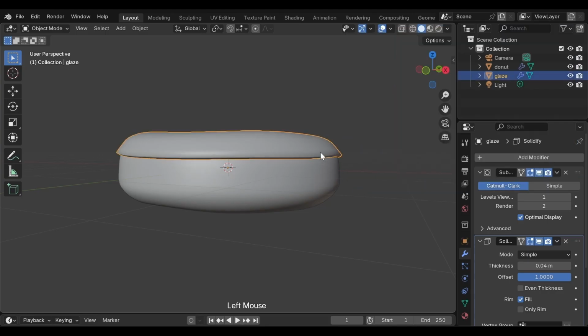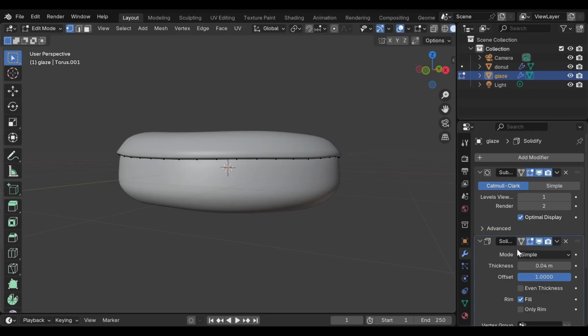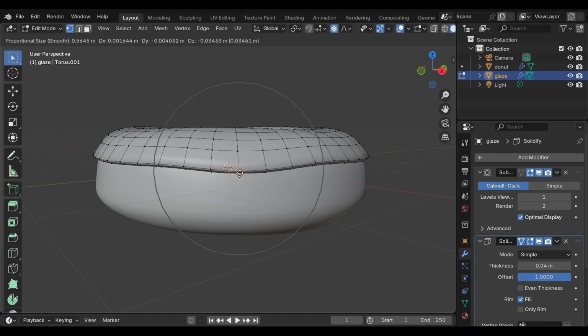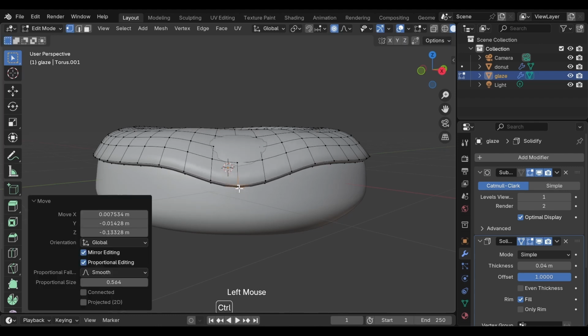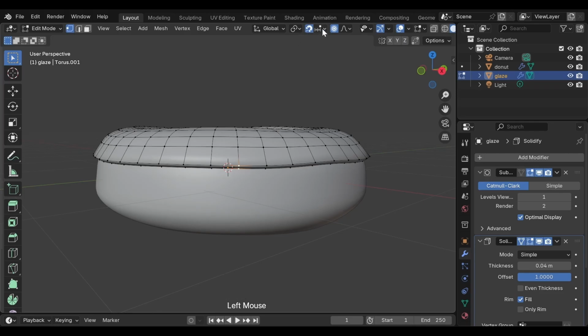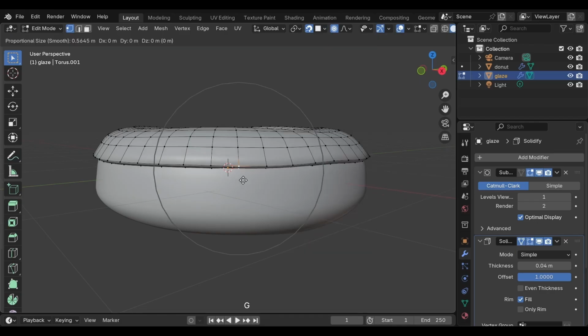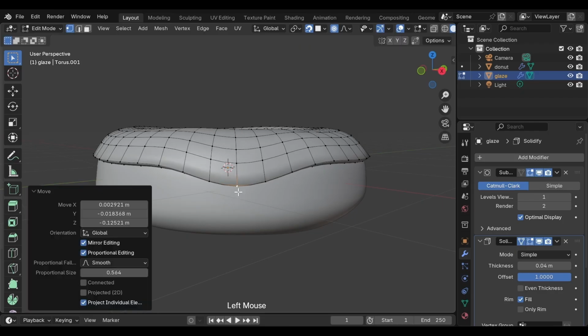With the glaze selected, enter Edit mode. In the modifier stack, find the Solidify modifier. Enable the small display icon next to it so you can see the thickness clearly while editing. This just makes the process more comfortable. If you grab a vertex now and pull it downward, you'll notice it can intersect the donut. To prevent that, turn on snapping from the top toolbar. Set the snap type to Face and enable Project Individual Elements. Now, as you move vertices, the glaze will stay in contact with the donut surface instead of floating or cutting